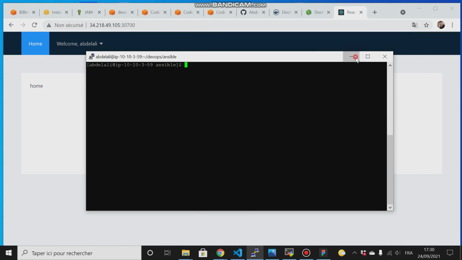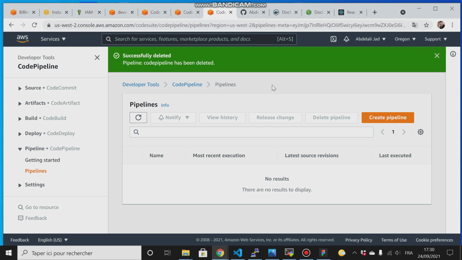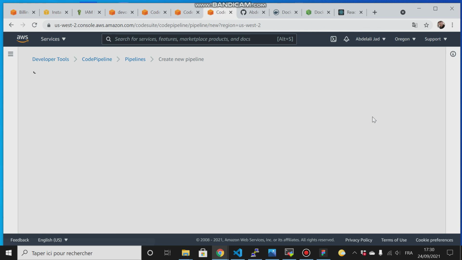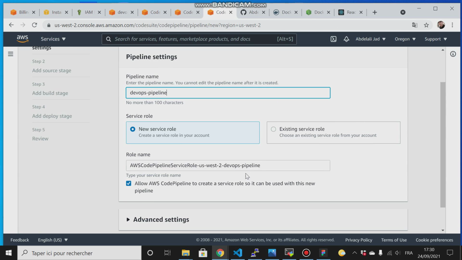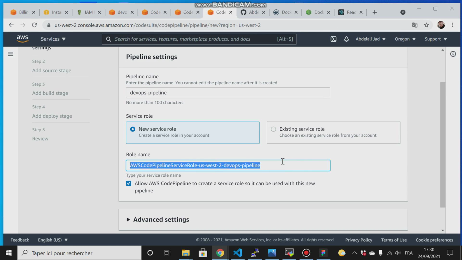Next thing that we will do is create a code pipeline, and instead of running the code build and the code deploy manually, they will be run automatically by the code pipeline. So let me create a pipeline and call it DevOps pipeline, and it automatically generates for you a role that will be used by this code pipeline